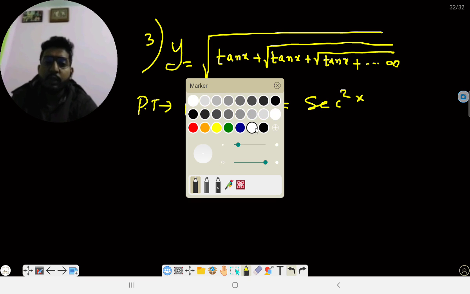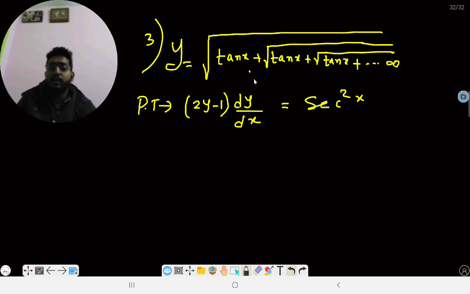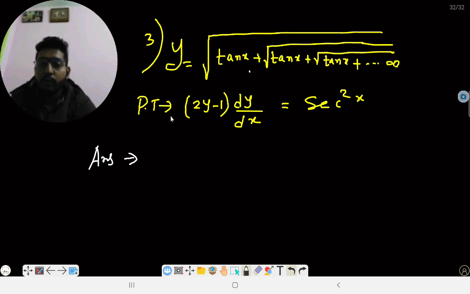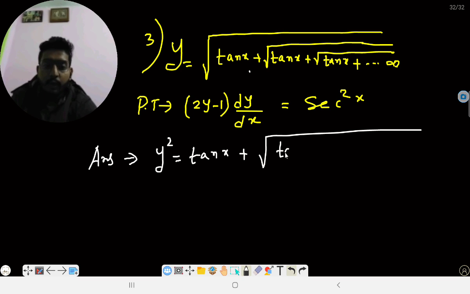It can also be written as root of sin x plus sin x, root sin x, like this. So how to solve this type of infinite problem? First of all, we can see there are square roots and so on. So first we have to square both sides. I'm squaring both sides, which means the first root will be removed. It will become tan x plus root of tan x plus root of tan x plus